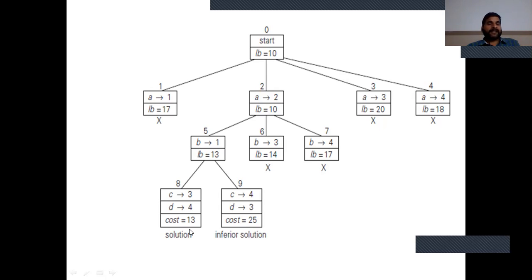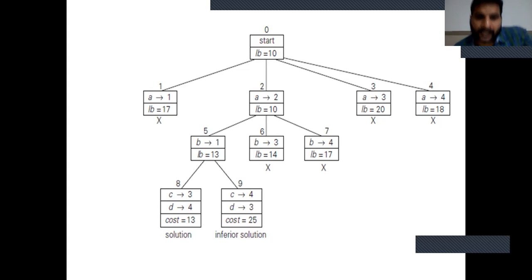This is the optimal, therefore it is the solution of the branch and bound. This is the example of branch and bound on the assignment problem. So using branch and bound, we can calculate the optimal value and find the best result according to this bound. So in the next lecture we will discuss other applications of branch and bound. Thank you.